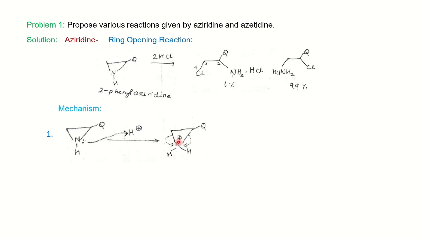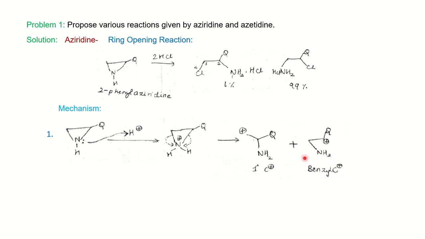So the nitrogen is now having a positive charge, and therefore the two adjacent bonds will try to stabilize this charge by giving their electrons. So the possibility is that either bond will open. If you think of this bond to open, then it is generating a primary carbocation, and if the Ph bearing bond is open, you will get here the benzylic carbocation. You can see here the benzylic carbocation, and if you know the stability of carbocations, we know the benzylic carbocations are